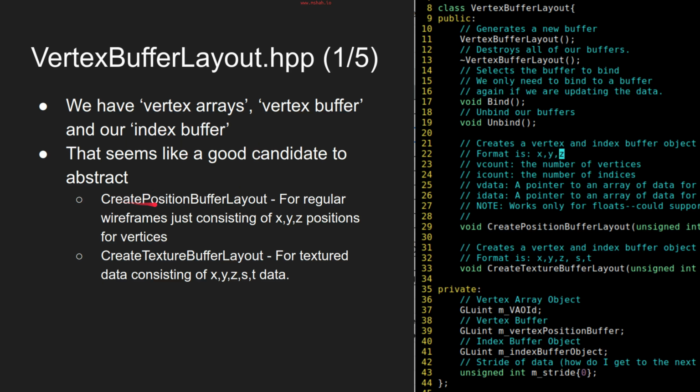And again, the create position buffer layout with X, Y, and Z positions for our vertices, or create texture buffer layout with X, Y, Z. And as we're going to learn about textures, we need two more coordinates here, S and T. So that's automatically going to take care of setting up that layout by pushing another attribute to our vertex with